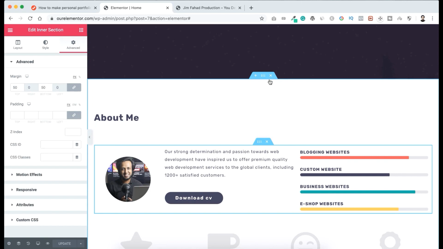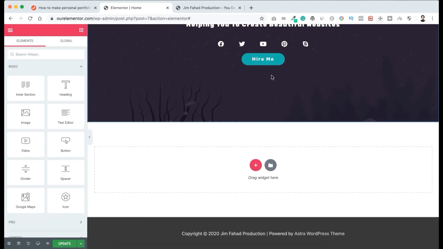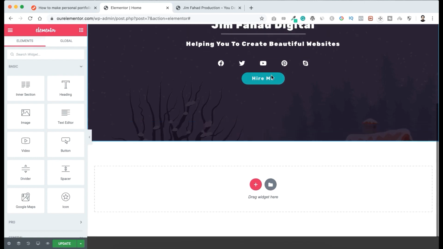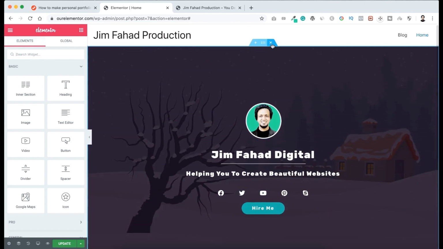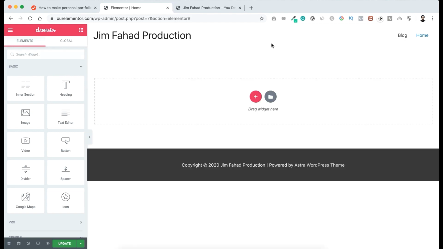So to delete it, let's click on this X. Oh no, my hard work is gone. No worries, we will get that back. Also I want to delete this one. Let's click on this X. It's gone. Okay, so to get our template we need to go to